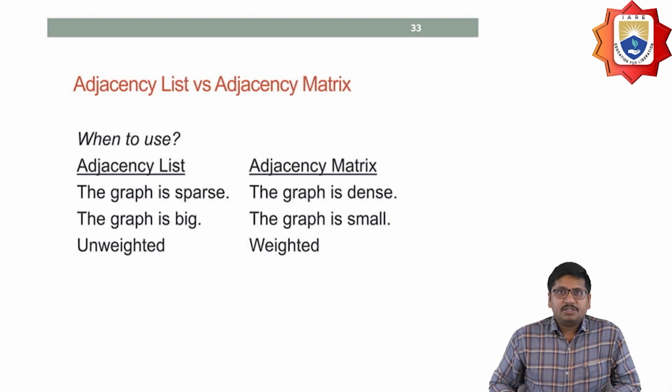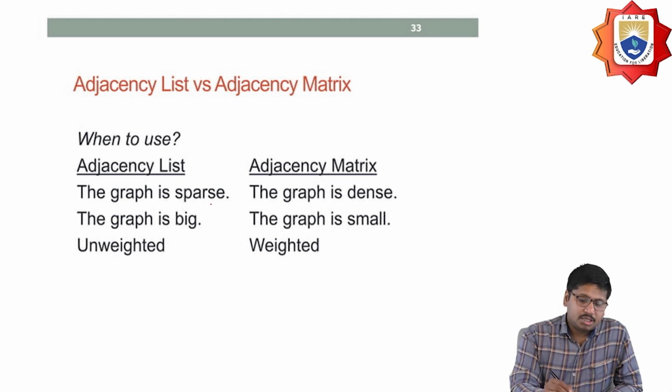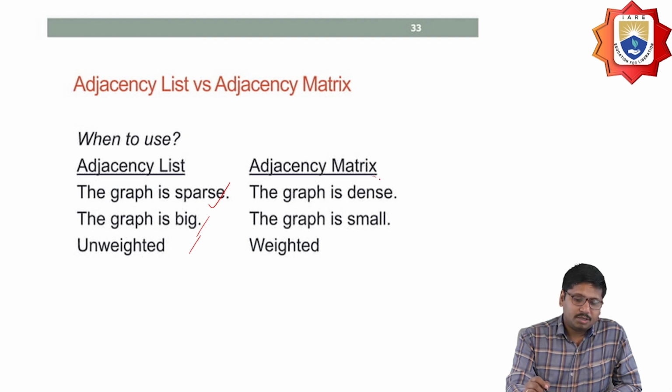Let's see what is the difference between adjacency list and adjacency matrix here. The adjacency list means that the graph is sparse, big, and unweighted, whereas the adjacency matrix is nothing but